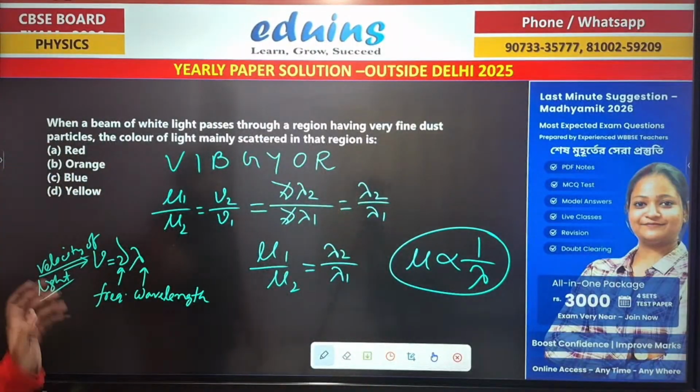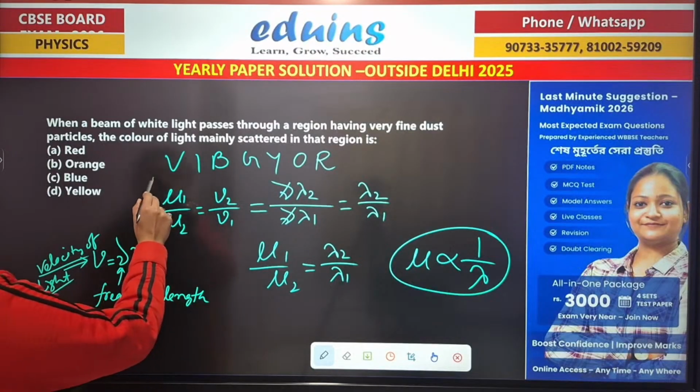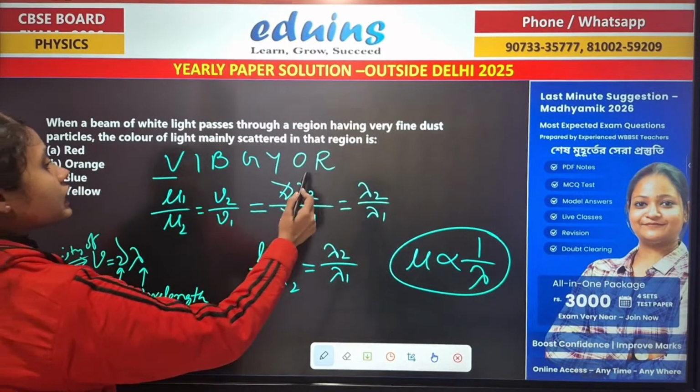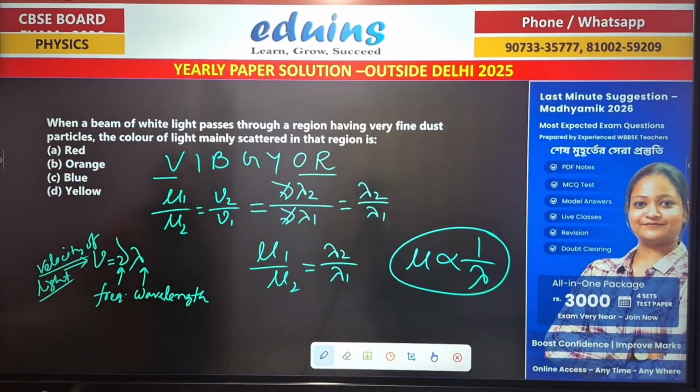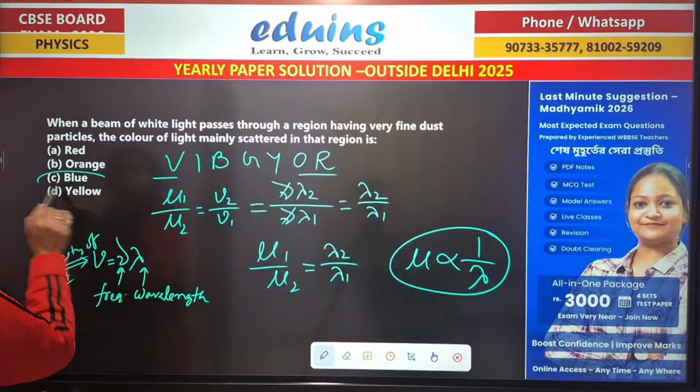So, there the blue light or violet, indigo, blue, green, yellow, orange, red, there violet is the shortest wavelength we have and greater is red. So in this series red, orange, yellow, blue, blue has the shortest wavelength. So blue is going to scatter because it has a higher refractive index than the others. So the higher refractive index is present in blue. So the blue light is scattered